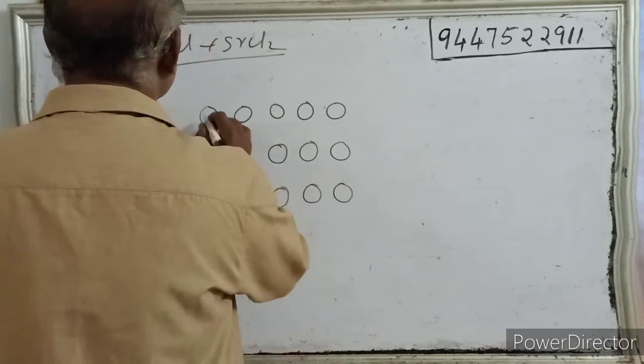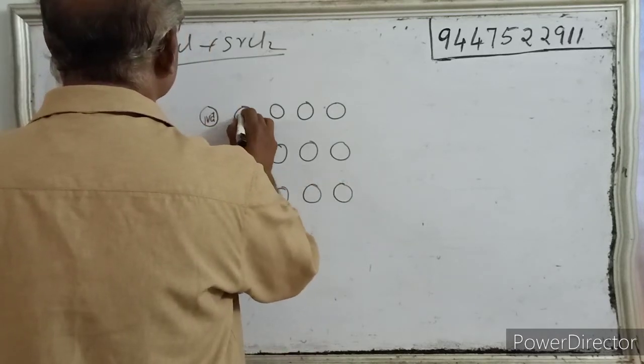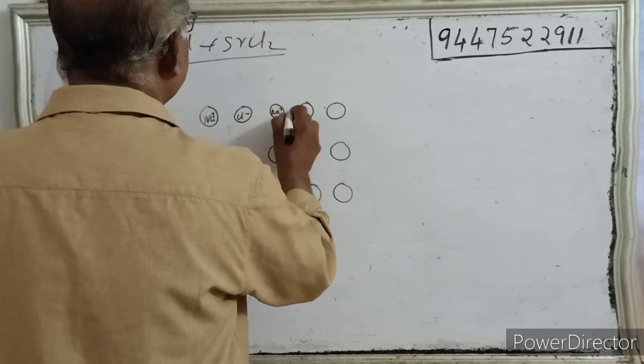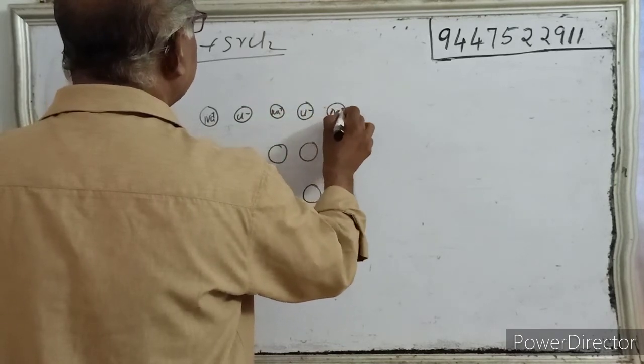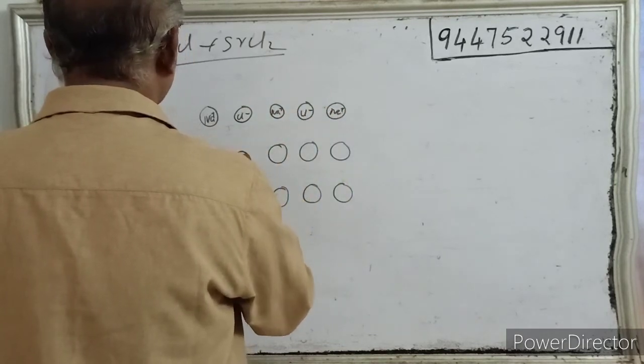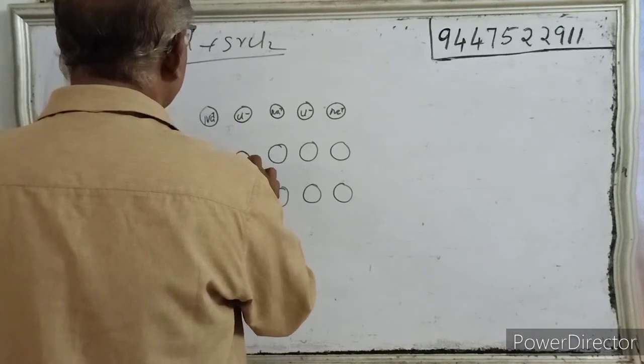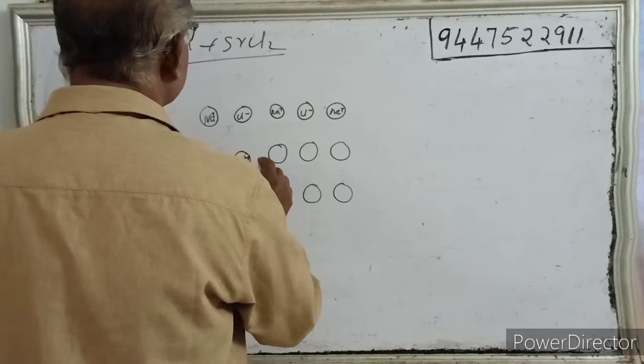So on crystallization, sodium chloride: Na+ Cl-, Na+ Cl-, Na+, in the arrangement Sr2+,